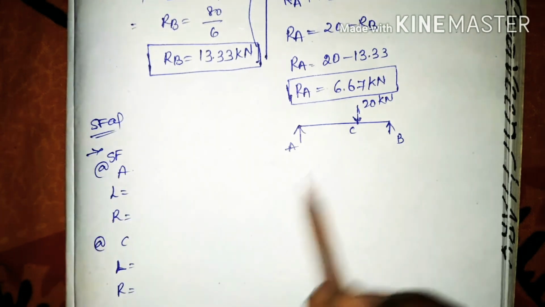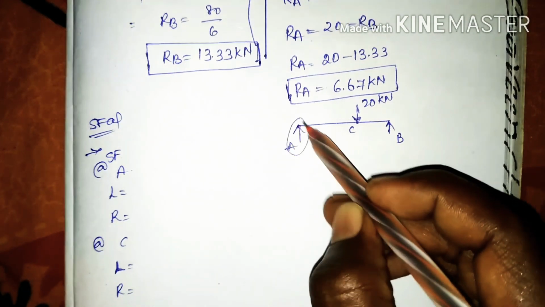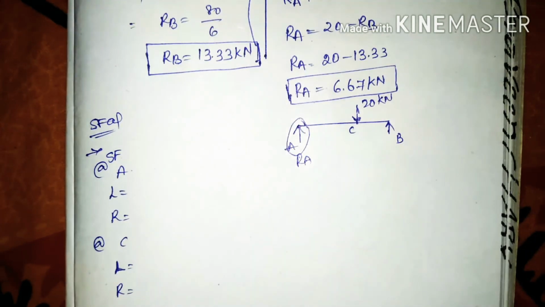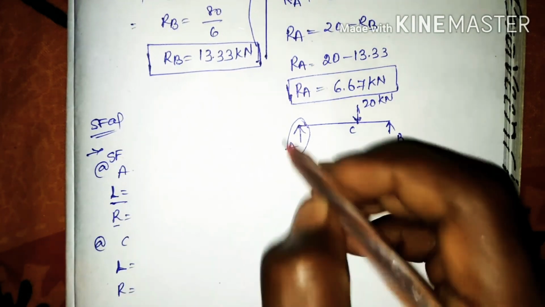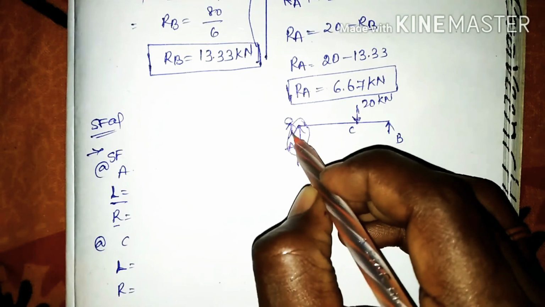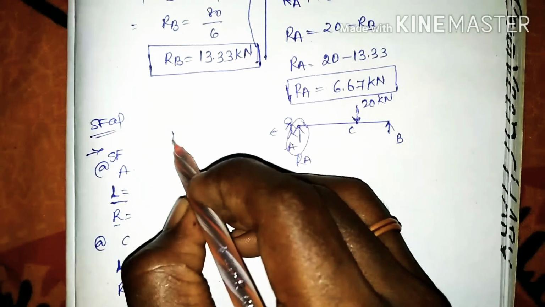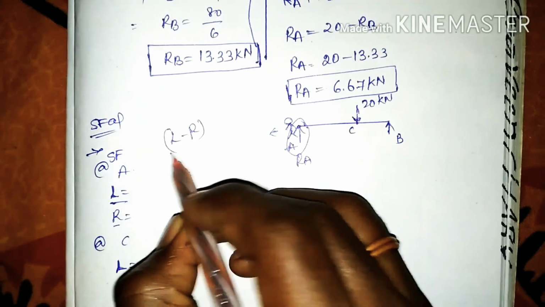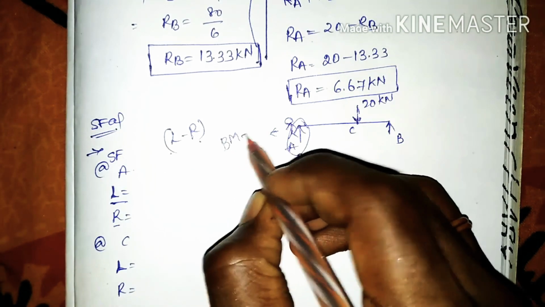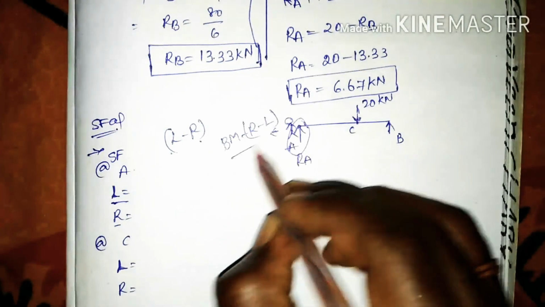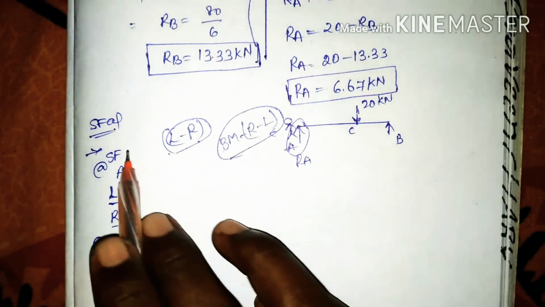Here, shear force at A, we are having RA reaction here, and this is left and this is right. If I stand just left to the A support and look on the left side, I am going to find from left to right for the shear force, and for the bending moment I am going to take from right to left. This is very easy to find the moments and shear force calculations.